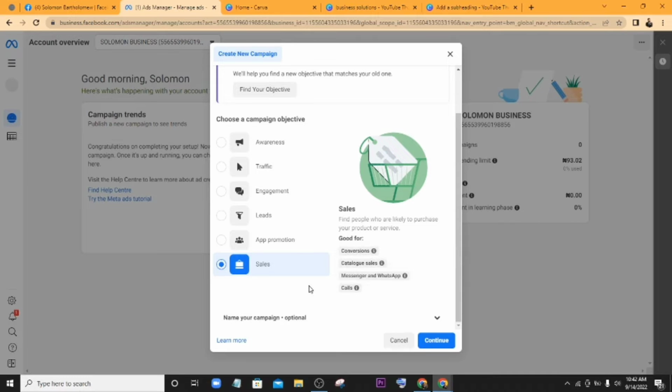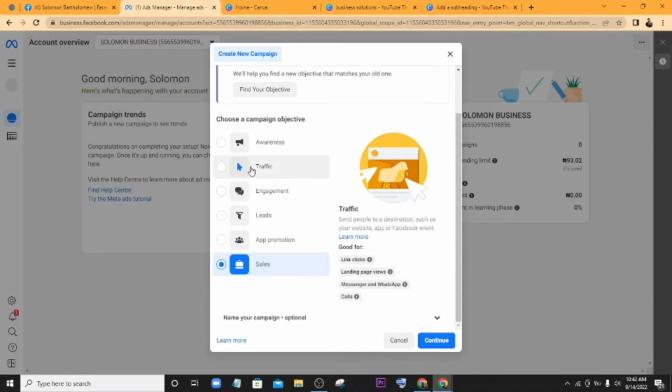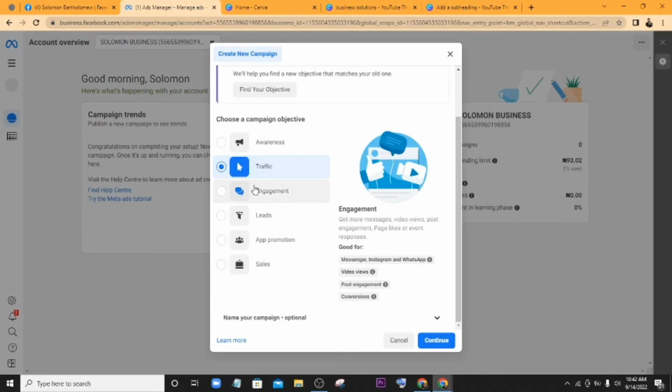Okay, these are basic things that you need to know, but the ones you're going to be using more as a beginner are the traffic and the engagement objectives, because your pages are new. If you followed us through the session, your page is completely new, so you want to use an engagement post so that people can interact with your page more often. Now, if you're starting out with Facebook ads, you don't want to start selling any product or any service. You want to first promote your page. You want to first get people to know about your page. Okay, so you pick the engagement objective and click next.